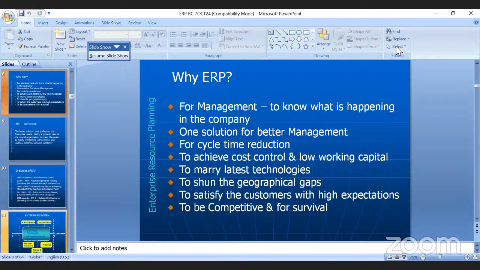There is a war for the same customer, and there is competition. There are so many companies which start and wind up within a month's time. Survival is at stake. Survival is very difficult because of the customer, the customer retention, handling customers.